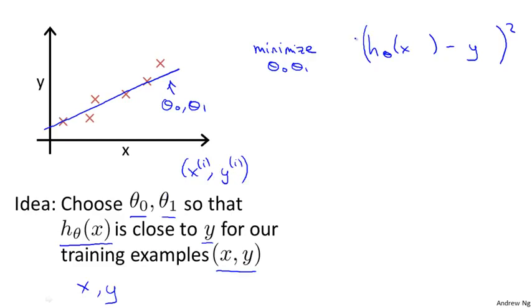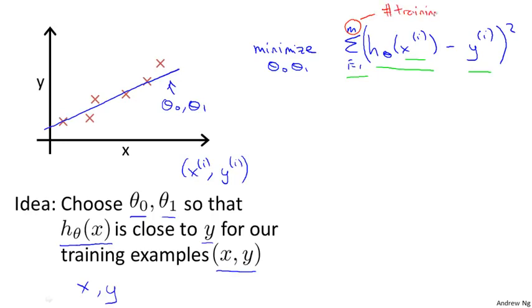So what I want really is to sum over my training set, sum from i equals 1 to m, of the squared difference between the prediction of my hypothesis when it is input the size of house number i, minus the actual price that house number i sold for. And I want to minimize that sum over my training set, of the squared error, the squared difference between the predicted price of a house and the price that it was actually sold for. And just to remind you of your notation,